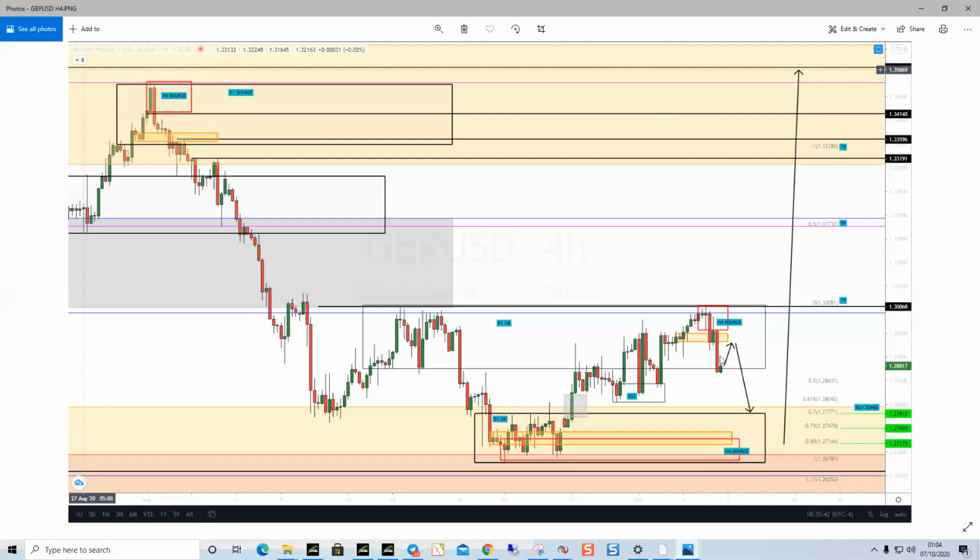So we've broken to the downside on the pound. Right now we could expect some pullback to the breaker or the source zone, and then we can sell. So we would watch out for price action here. If we do have a 4-hour LSB, then we can take it to the upside. So basically, if you put this to